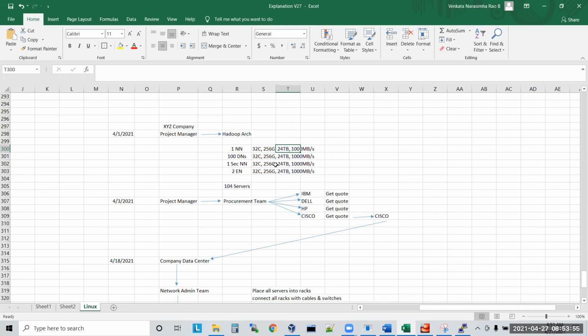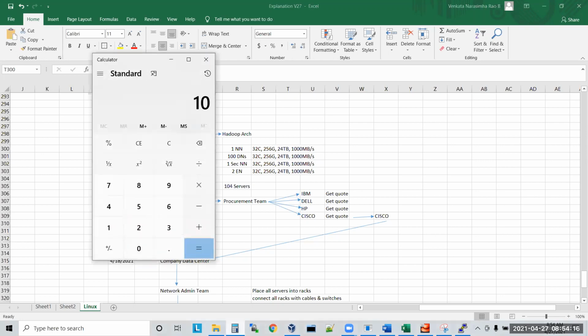Backup will be there in this Hadoop cluster, sir. We'll talk about backup and DR at later stages. But every machine is having 24 hard disks. There are 104 servers. So how many hard disks do you have in all servers together? 104 into 24 hard disks. Understood? It means your total cluster capacity is 2496 TB, which divided by 1024 is the figure in petabytes.